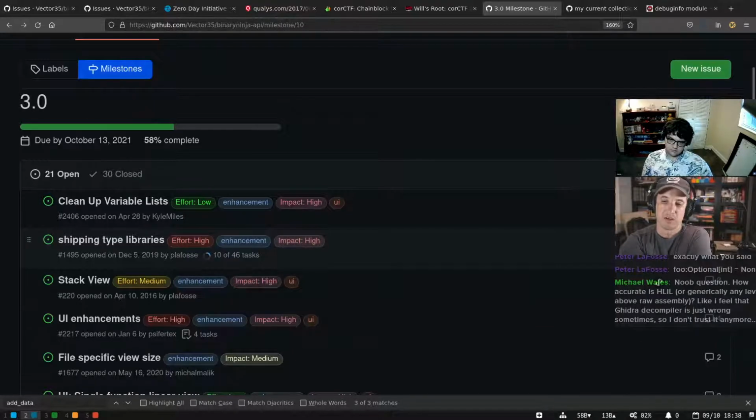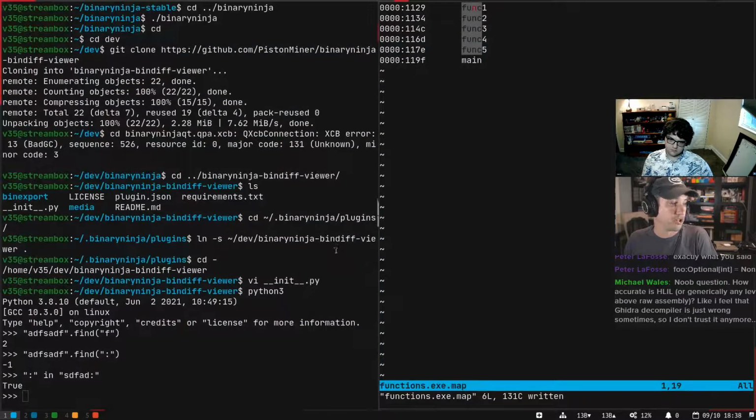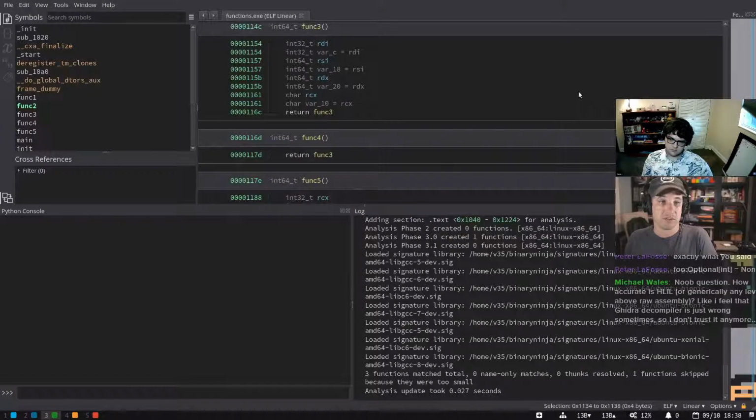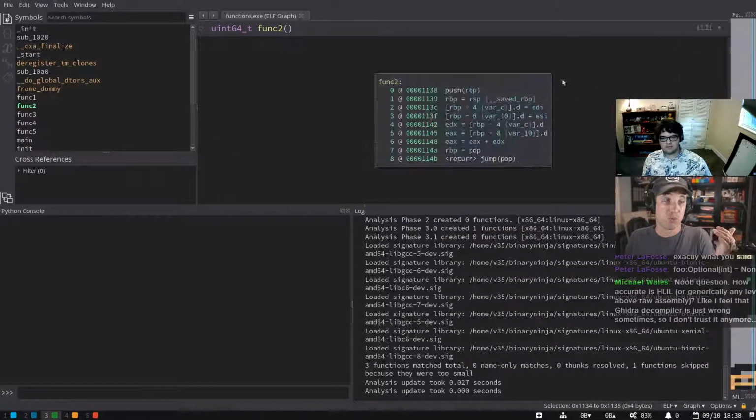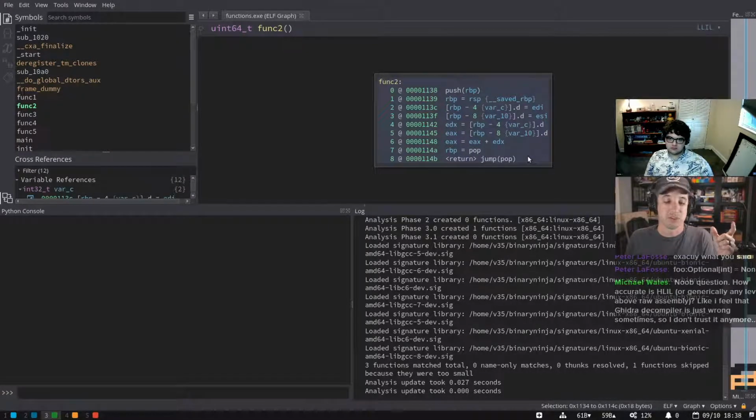But in general, every abstraction layer introduces risk of errors, which is actually one of the main reasons why Binary Ninja has all the ILs, right? The reason that we show you low, medium, and high is because with low level, we have very high confidence that this is a good representation of what the code does, because it's really just mapping.